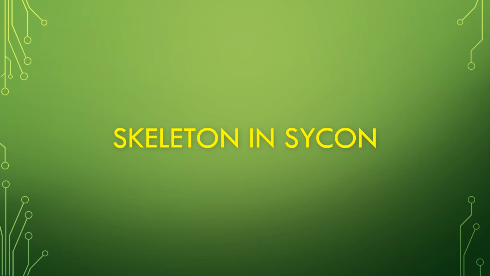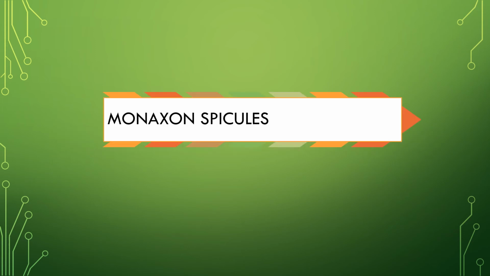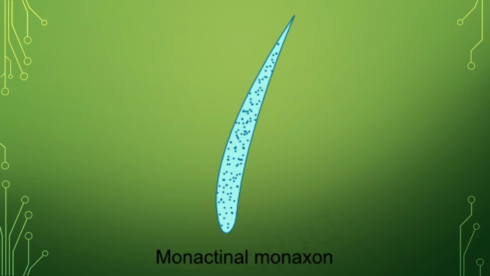The soft body of calcareous sponges is supported by an endoskeleton made of a large number of minute crystalline spicules, calcareous spicules or megascleres. That is, they are large. The spicules are of various shapes and sizes as follows. Monaxon spicules. These are large, needle-like. They may be straight or curved. The following are various types of monaxonal spicules.